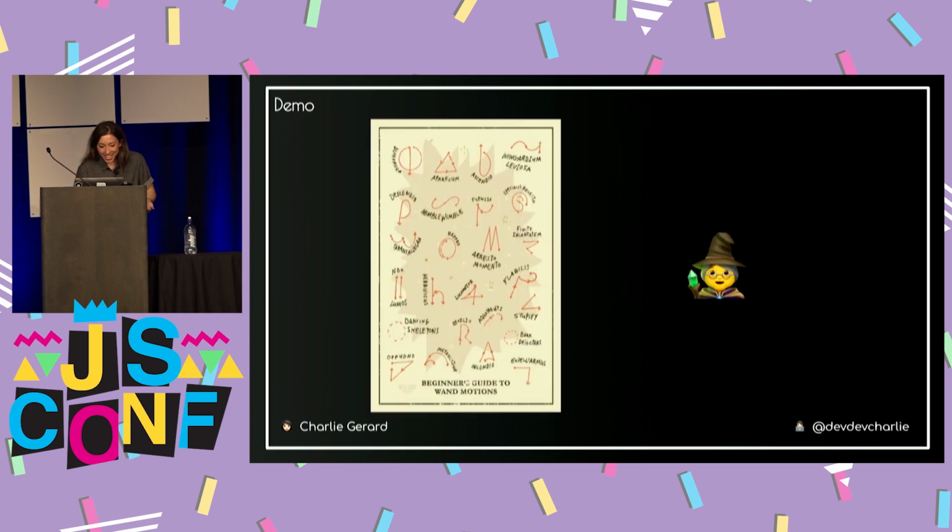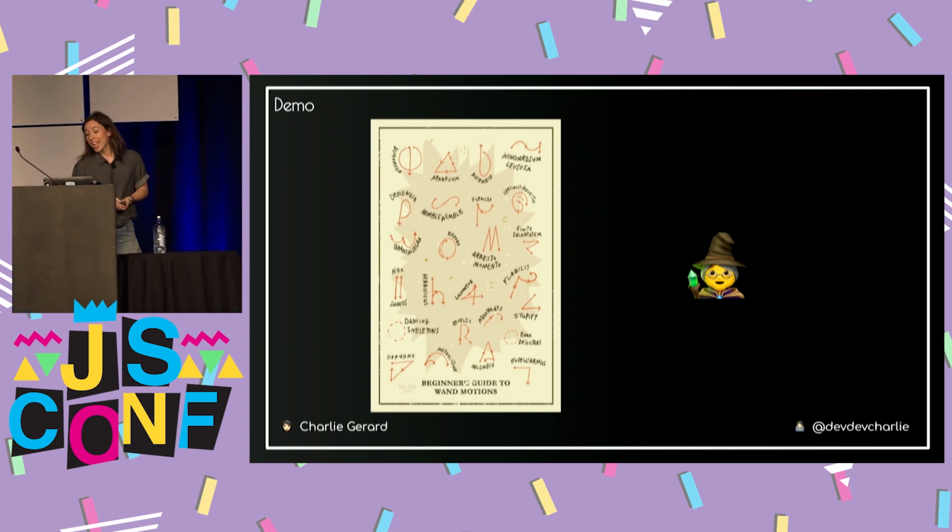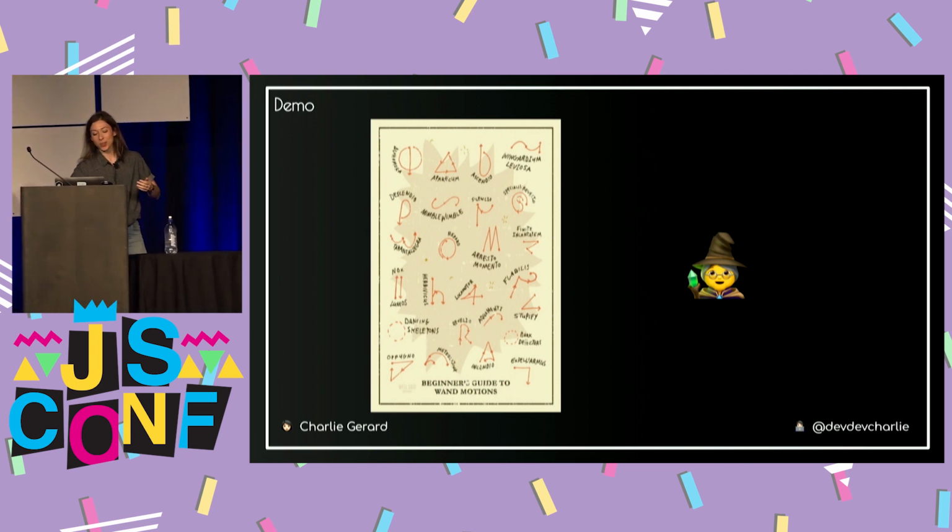What you can do as well is wand movements. So if there is any Harry Potter fan, I know there's a few because we talked about it. If you don't know Harry Potter, usually you're supposed to tell the spell, like Alohomora and Expelliarmus and stuff like that. But when you grow in your level of wizardry, you don't have to say the spell, you can just do the movement, and then there's a third level where you can just think about the spell, but we're not doing that today.